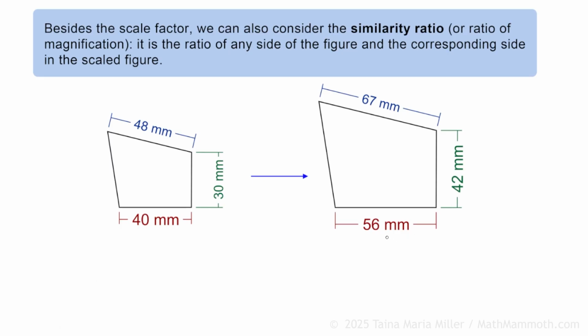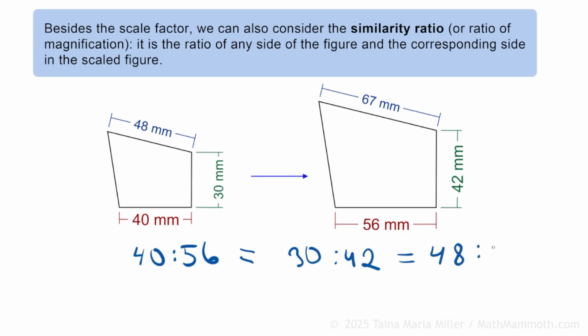But now we are looking at a ratio, the similarity ratio. And it's the ratio of any length of side to the corresponding length of side. For example, it would be the ratio of 40 to 56. That's the similarity ratio. At the same time, I could use this side and its corresponding side, 30 to 42. And these two ratios are equal. Or the third sides,